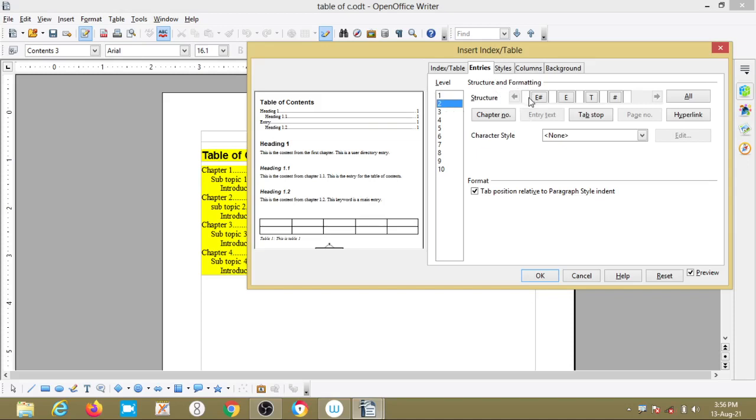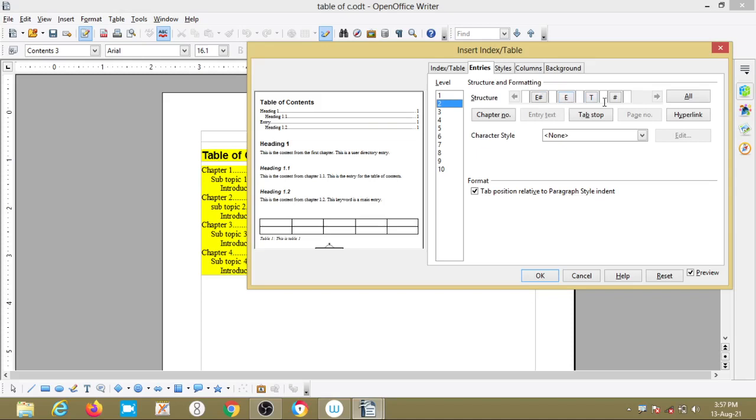And here see how to start the hyperlink button. If I click here, it will not come. So first we have to do E bar. E hash means it is the heading number. It shows the chapter number or the heading number, and E represents the chapter or subchapter text or entry text.